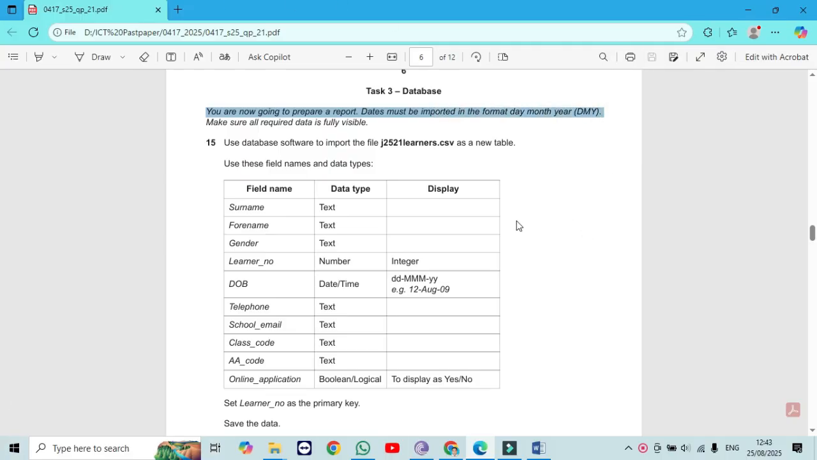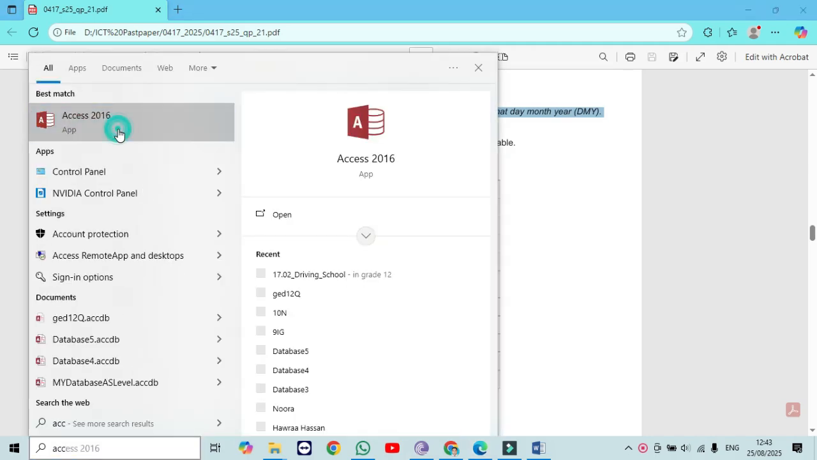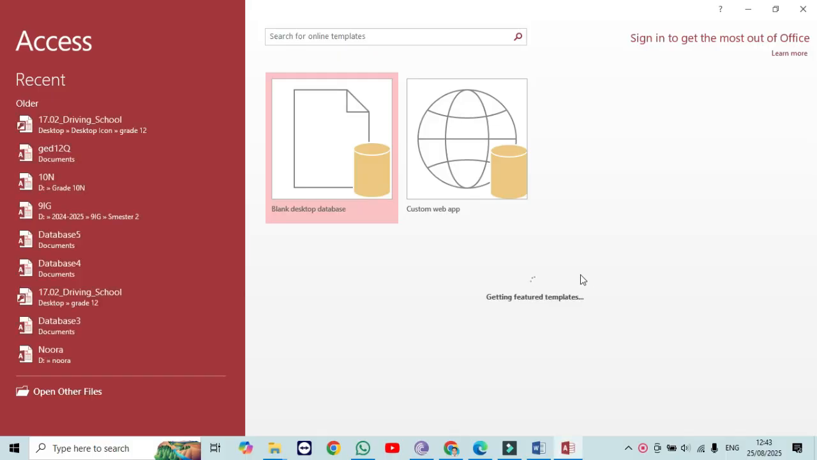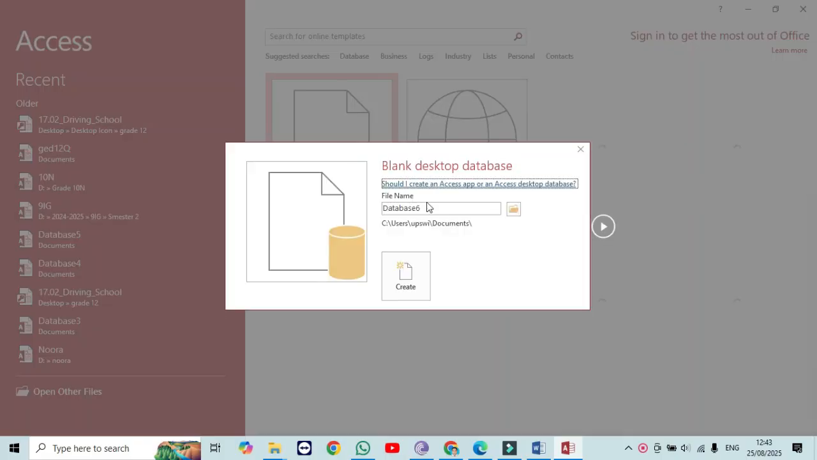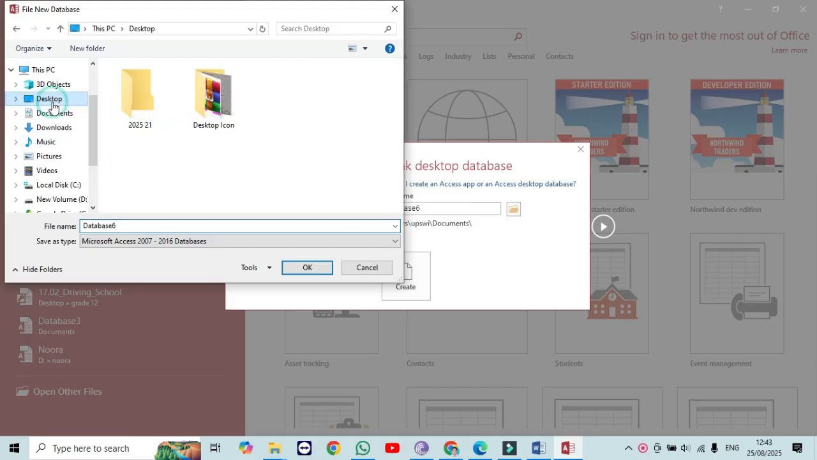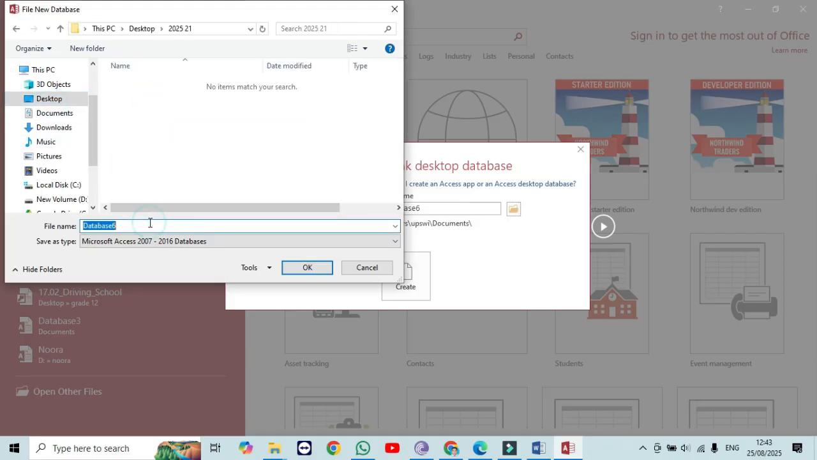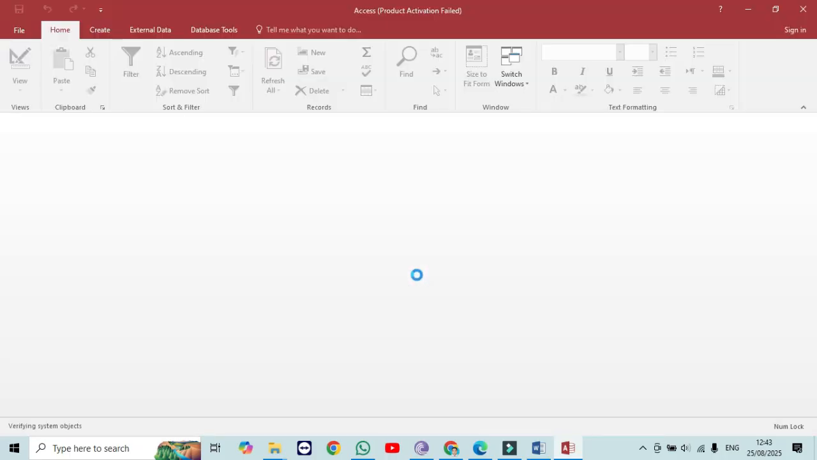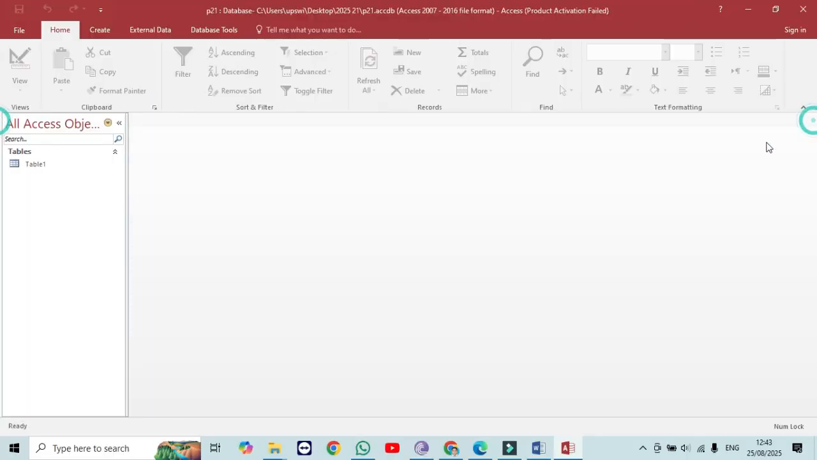I will open the Access application here and I'm going to create a blank database. So this database is going to be on desktop in my folder P21. Okay, create. Database is created, and then what I need to do is I need to import a file